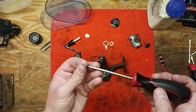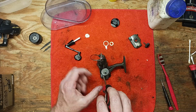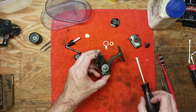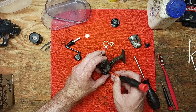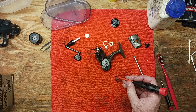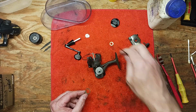Sometimes these small Phillips head screws can be a problem. As you can see, this one is definitely being a problem. Okay, so we got that screw back in there at the base. Okay, and then we've got